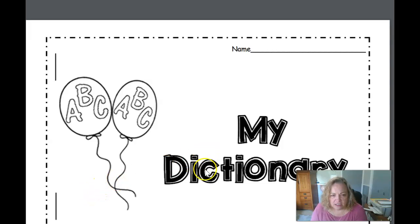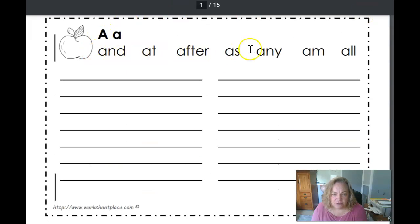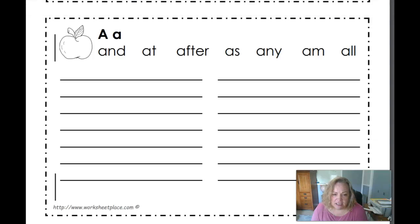So the first thing is I will be sending out this little dictionary here that you see that says My Dictionary. And on each page there are some different sight words that are already listed. But if your child is going through and doing their writing and they come to a place where they're not sure how to spell a word,